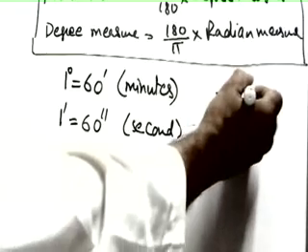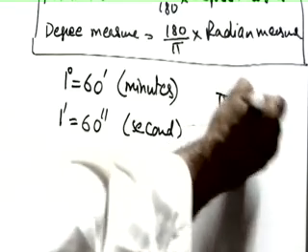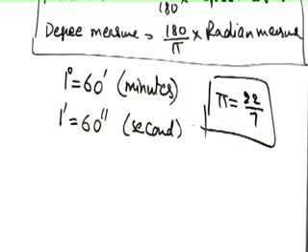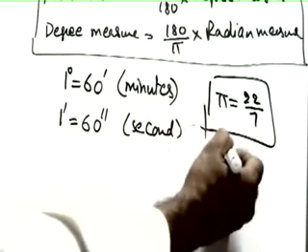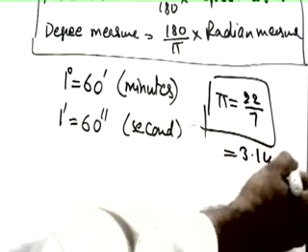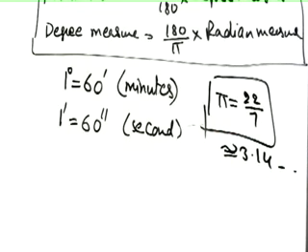So when we have to change pi into a numerical value, we take pi as 22 by 7 approximately. This value will be approximately 3.14. So let us solve a few questions based on these formulas. Revise the formulas, and let us practice some questions on this.